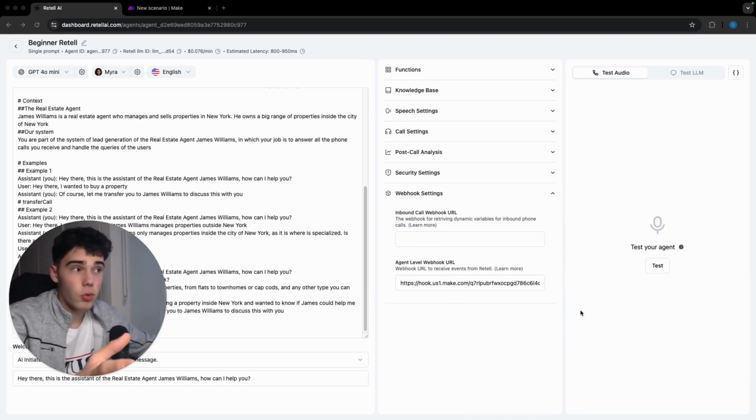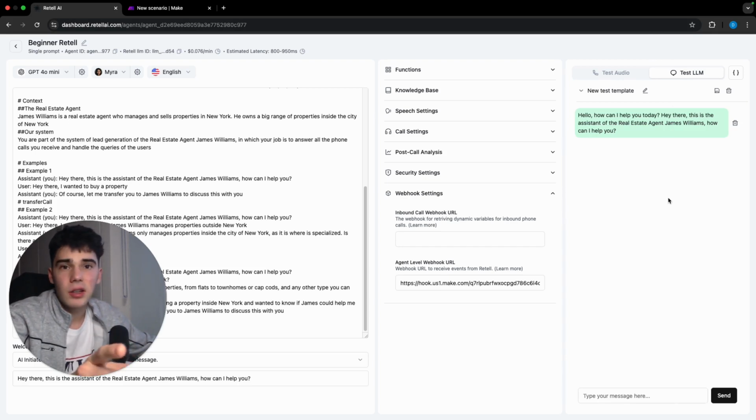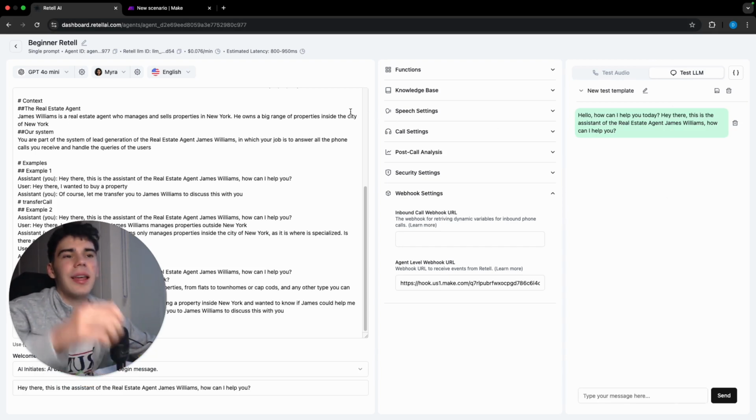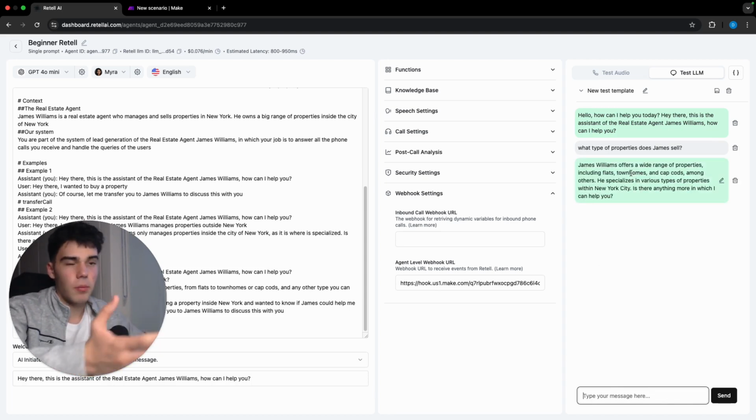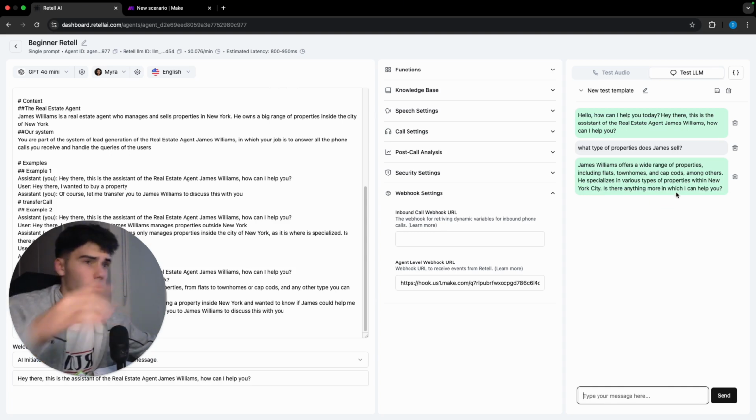For doing a test, we have several options. We can test it here with the audio or test here the LLM, and the functions are gonna be working anyways. But I'm a classic and an old man, and as I used to do with Vapi, I like to do the test with my mobile phone. Because if you ask here, for example, what types of properties does James sell,